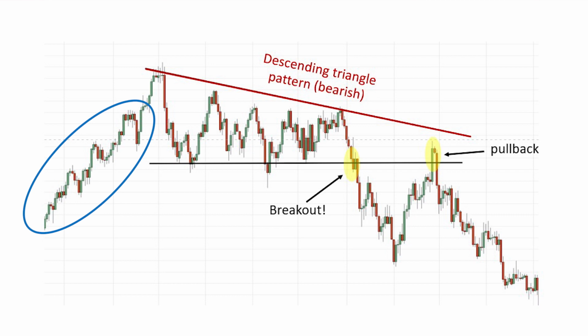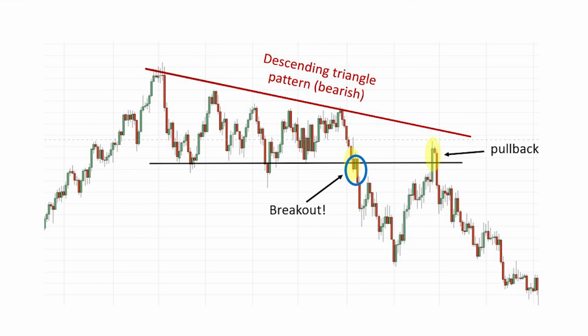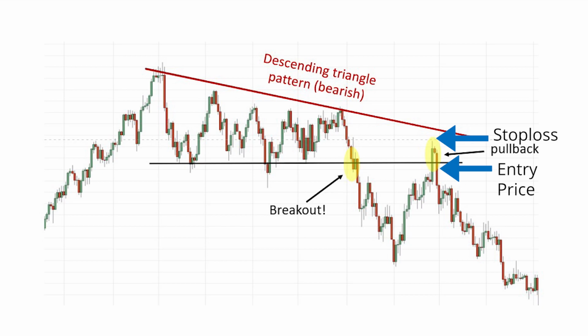In the example above, we see a prior uptrend followed by a bearish descending triangle. This sets up a little contradiction, which suggests that the breakout might not be as strong or as clear-cut. Therefore, when the breakout happens, instead of entering this trade immediately, we wait to see if there's a pullback to test the support turned resistance level, which was the flat line of the descending triangle. For trading, we will look to enter once the pullback is completed and prices start to head back down. The end of the pullback would also be a good place to place your stop loss.